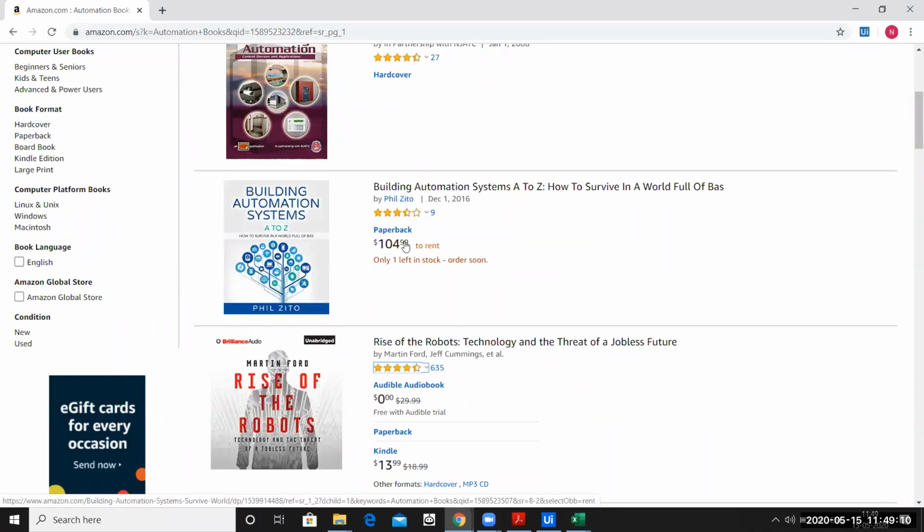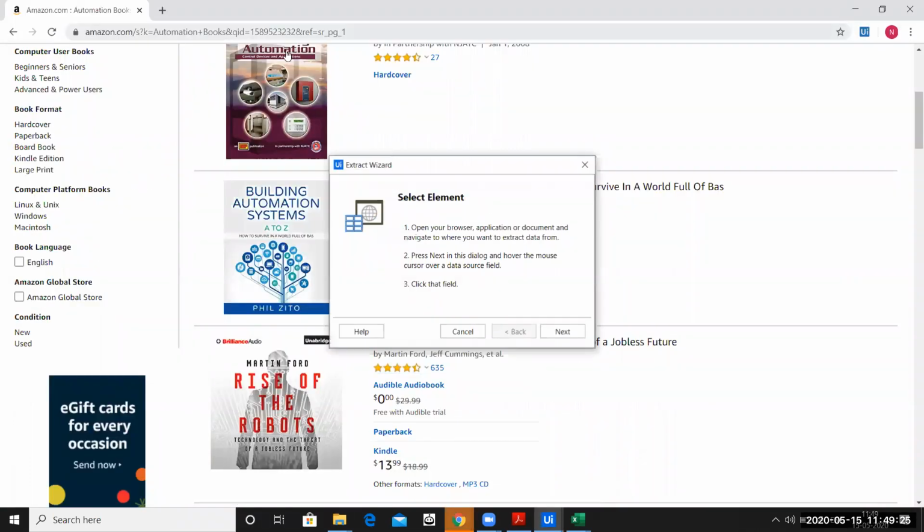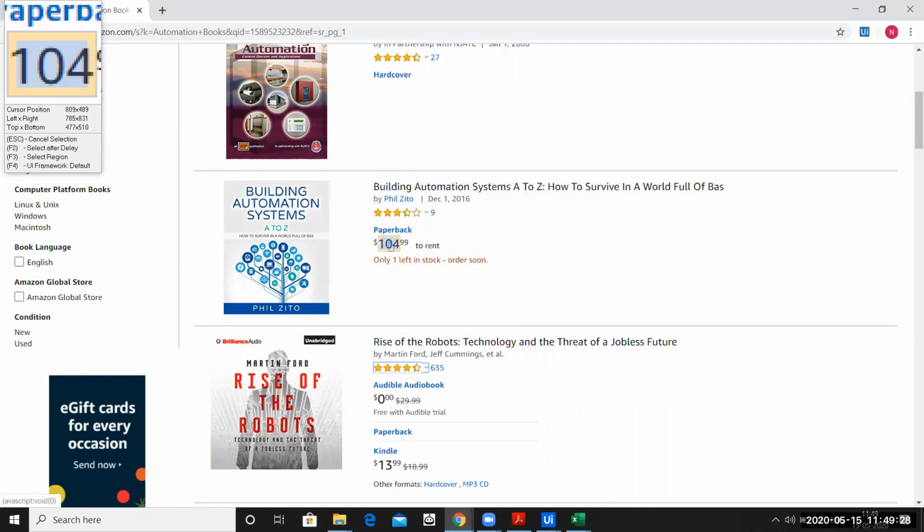So see, I'll just clarify things over here. UiPath data scraping will only be able to scrape the data that is visible in the browser. Let me go ahead and do this. We can show it to everybody. What is the issue over here? You can see over here, I'm only able to do this. But the moment I do this, I'm able to capture 104.99 and the cents. So all it depends on is how you want to scrape the data. At this particular time, I'm able to scrape the entire data. That's how the scraping works.